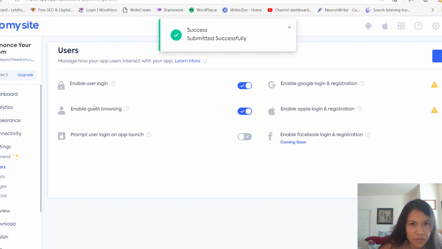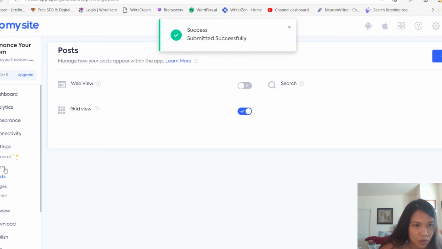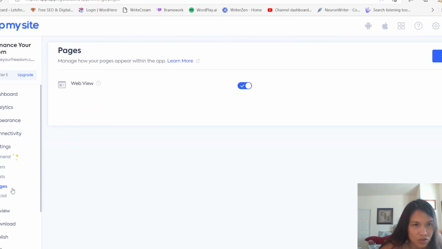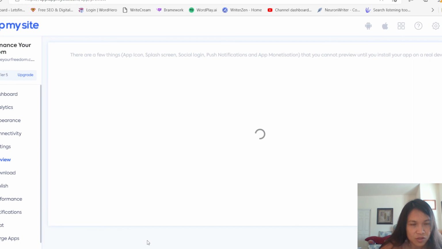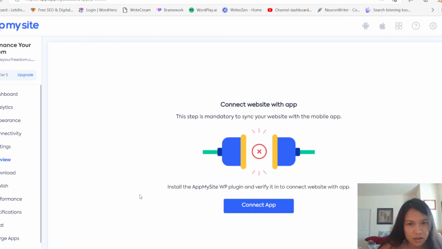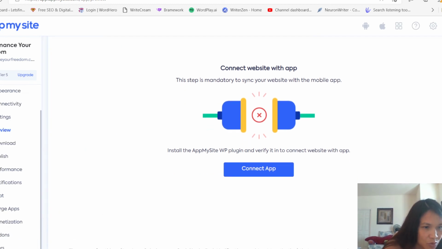See, nice. Okay, now set it. Post. Yeah, grid. Hey, you want pages. Okay, and then social. Oh, yeah, and then you have a chance to preview it. Oh, yeah, you have to connect it. Okay, I wonder if it has an option for you to,